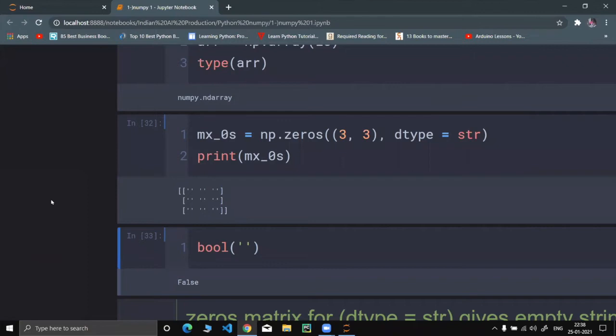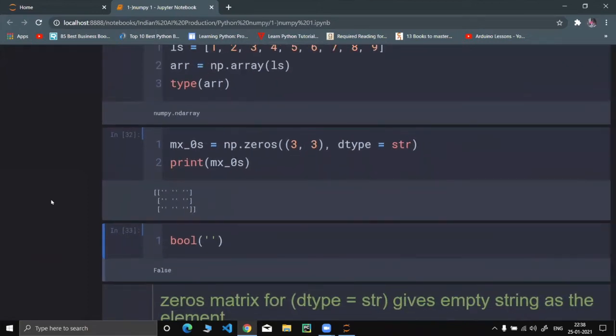I think I confused it, let me put it simply. What we have done over here is create a zeros matrix with all elements as 0, but the data type of that was string.